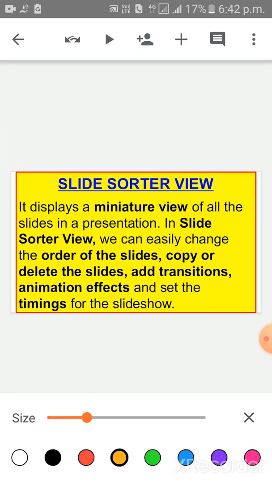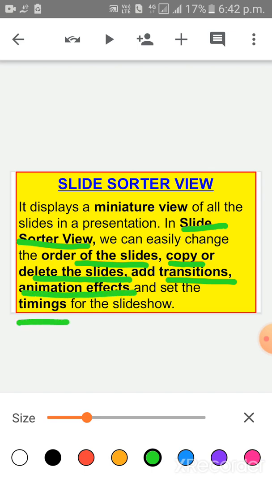Next is slide sorter view. Children, slide sorter view is a miniature view of all the slides in a presentation. In slide sorter view, we can easily change the order of slides. Children, it is a main feature that we can change the order of slides, copy and delete slides, add transition and animation effects, and set the timings for the slideshow.